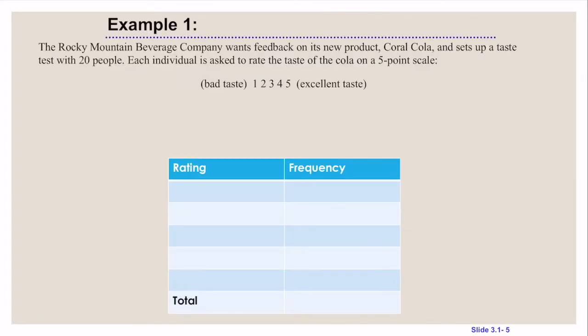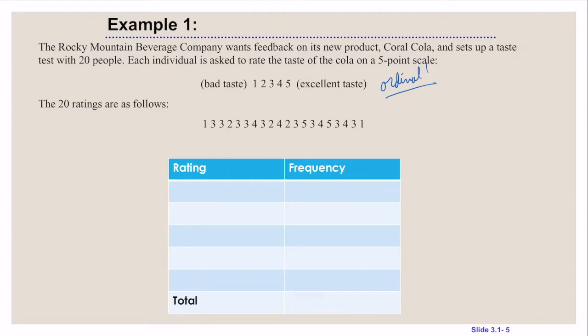So let's say I work for the Rocky Mountain Beverage Company and I want feedback on a new product, Coral Cola. I didn't pick the name. We set up a taste test with 20 people. Each individual was asked to rate the cola on a 5-point scale. Remember that this would be qualitative ordinal data. Keep checking what type of data it would be, that way we remember it for future projects and exams. The 20 ratings are as follows: